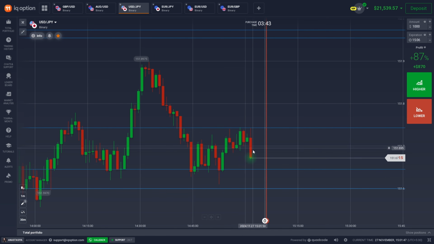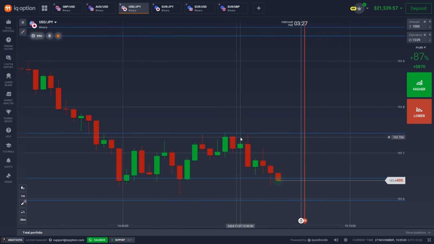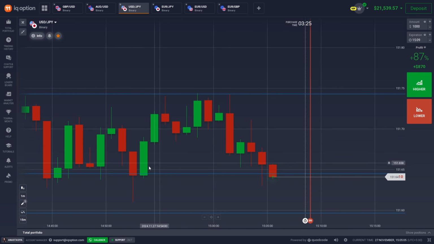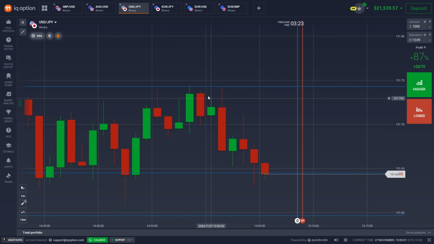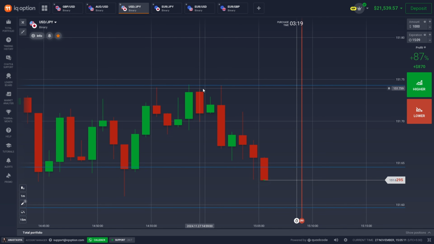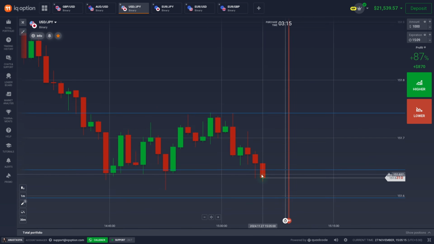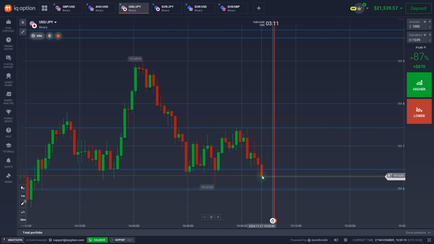The market is reversing very strongly. Now I can see that after hitting this particular resistance level, the buyers lost their control, and right now the sellers are quite dominating, and they are pushing the market in the downward direction,